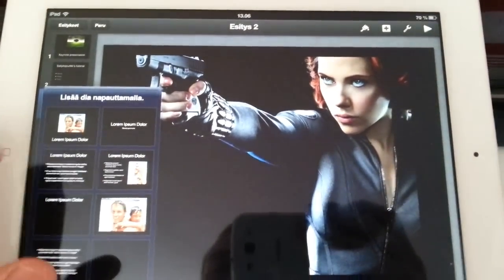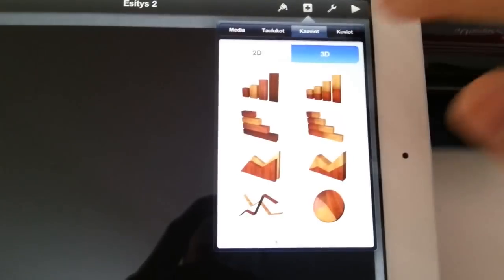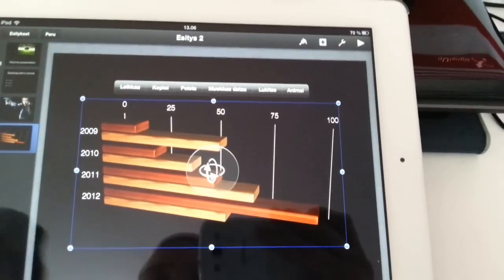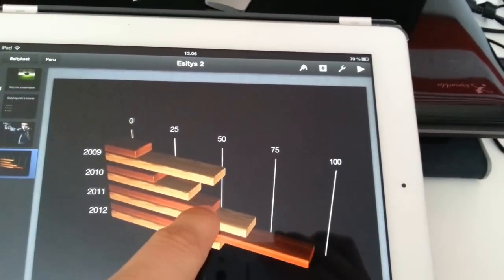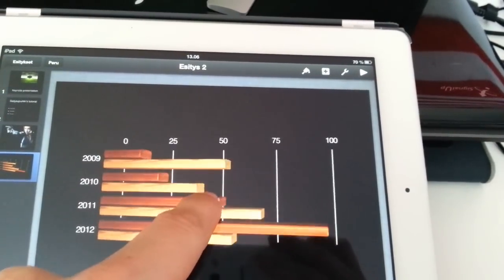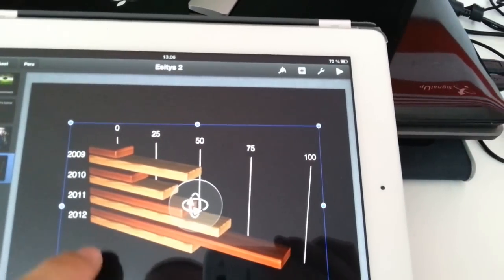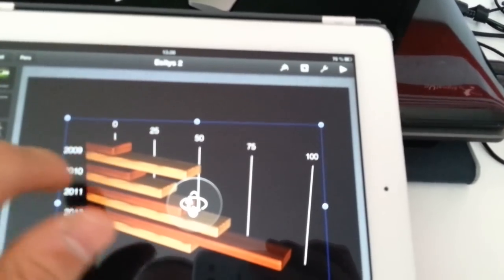Let's create a new slide. Empty. Then just choose this, and here in the sub menu you can choose different bars. Let's choose this one, and it gives you this option. You can turn it around. You can do almost anything.